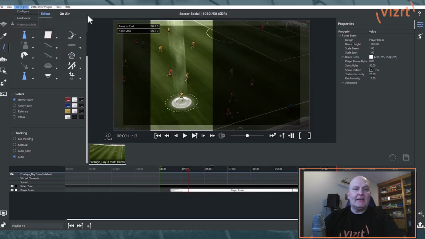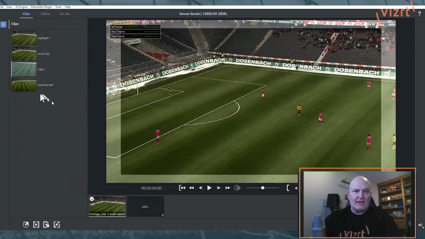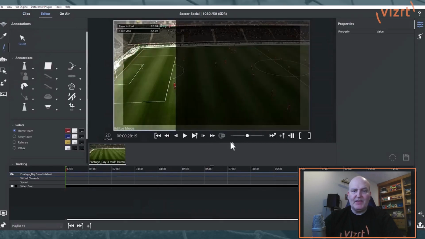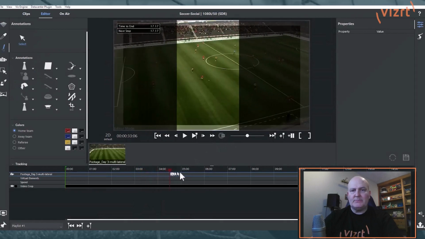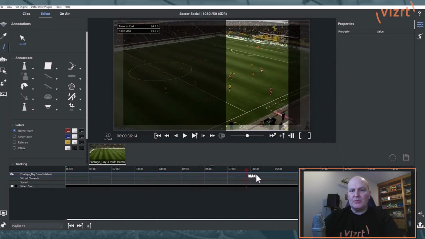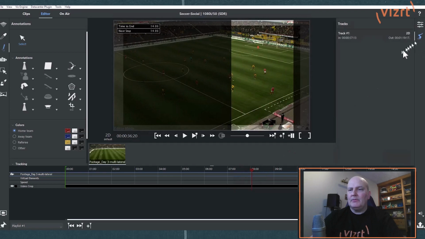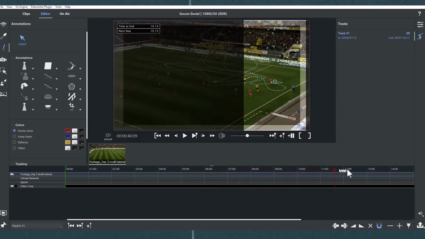And I could also track in a different way. I could track with the actual ball. So with this one, if you look at this, it follows the ball because I just did a track which was centered around that ball. So if I look at this track, you can see it follows the ball and then follows the output directly.